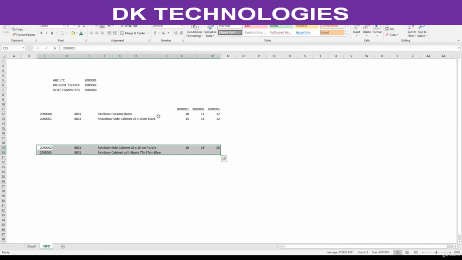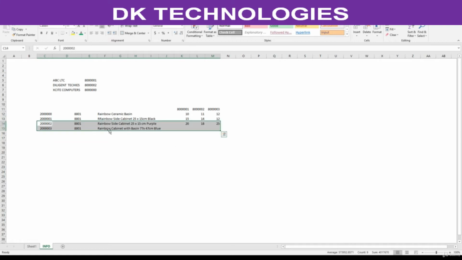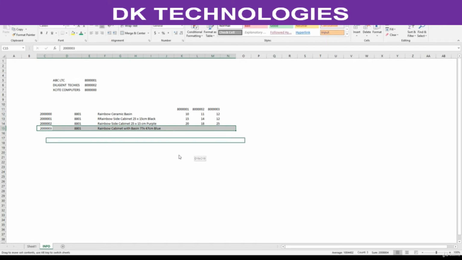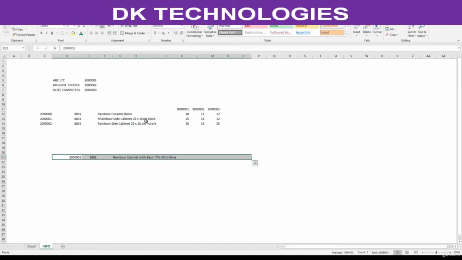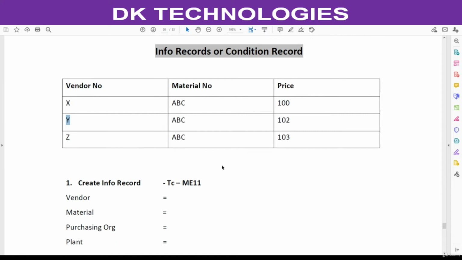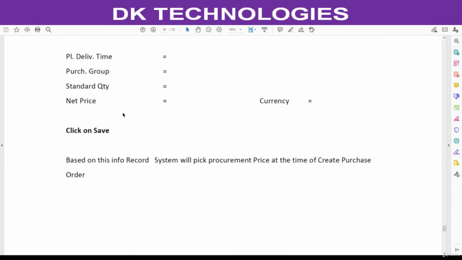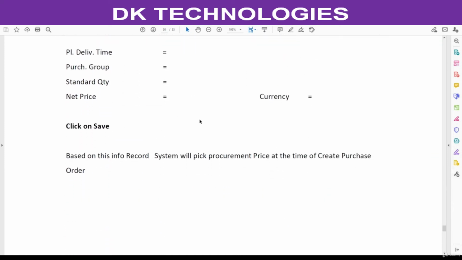We are going to maintain only for three articles. For these three, we are going to maintain the condition records like this. This is the price. So what we have to do first is take this vendor and this material.